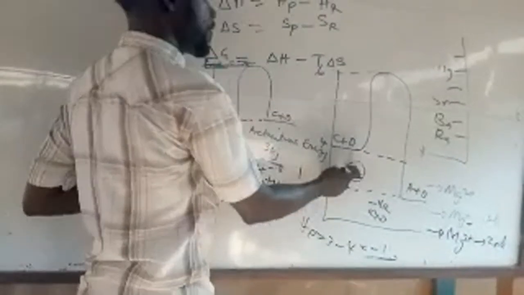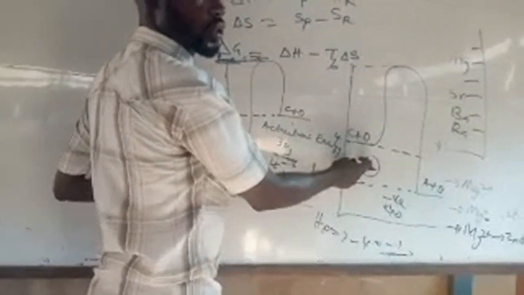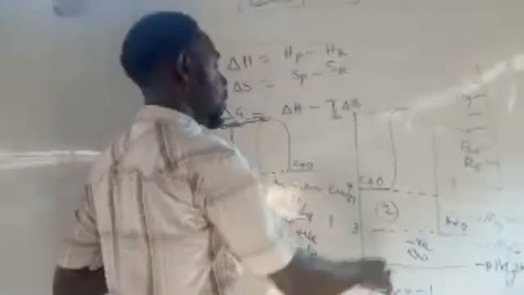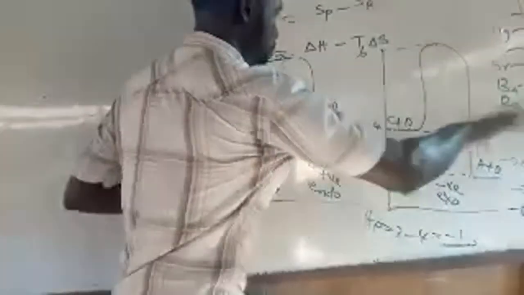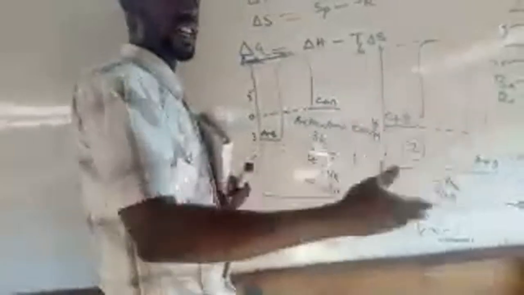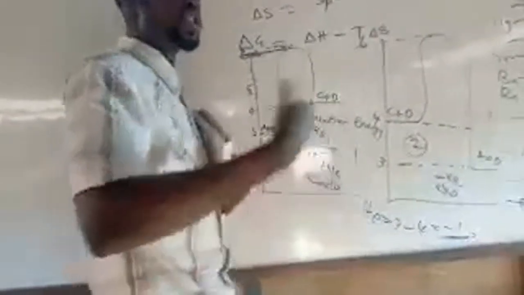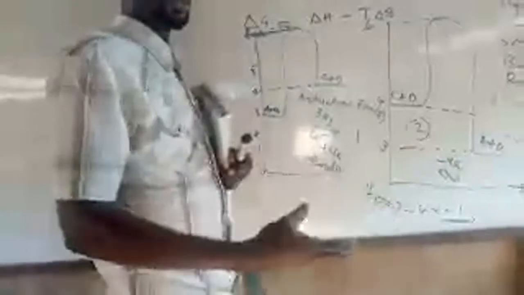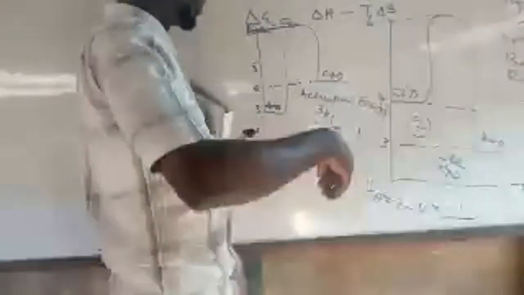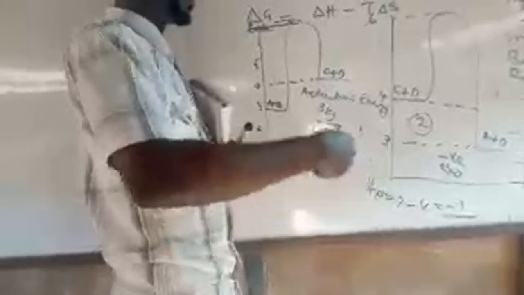So this one has lower activation energy. You should know that exothermic reactions have lower activation energy than endothermic reactions. That is why they usually tell you that exothermic reactions are spontaneous, because they require little energy. They can generate that little energy and proceed on their own. Being spontaneous means being able to happen on your own without external energy being supplied. Just the heat generated by the collision is enough to make the collision more effective, such that the reactants are converted to what? Products.